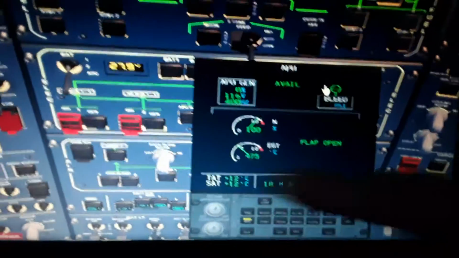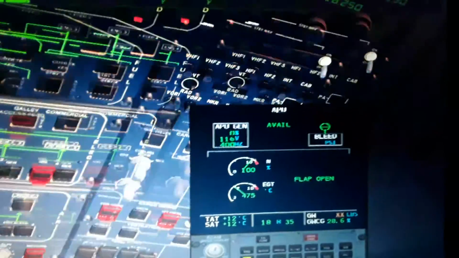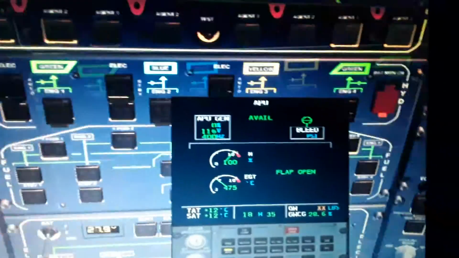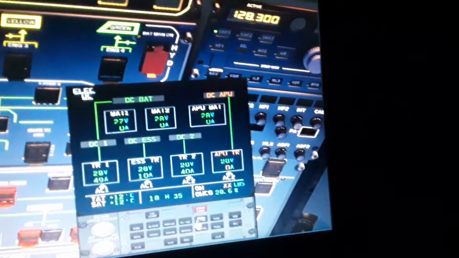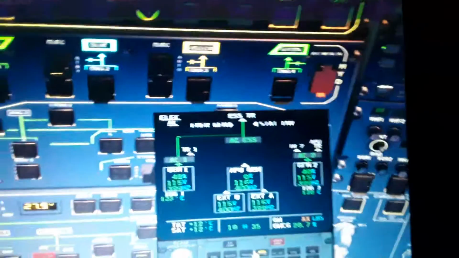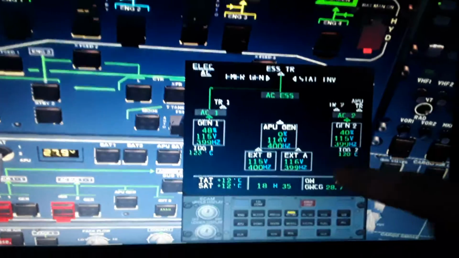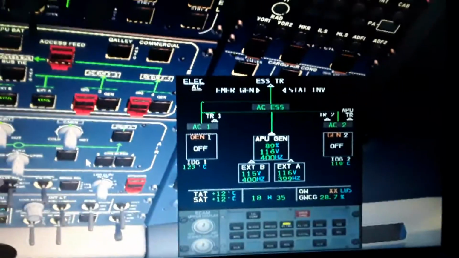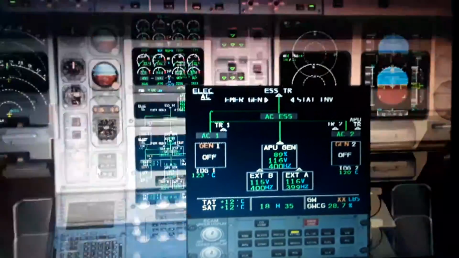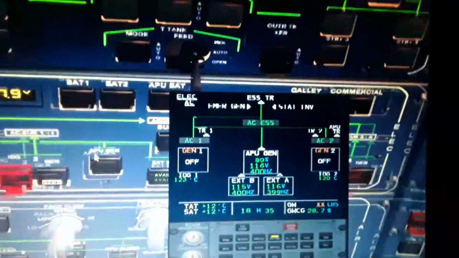What I mean is, here are the engine generators, the IDG, integrated drive generator, that produce electrical power. So if I turn them off right now, here I have the electric direct current and electric alternating current. Here we have it from the left wing, engine 1 and engine 2, and engine 3 and engine 4 from the right wing. If I turn these two off, I'm going to stop having electrical power from the engines, but we keep having electric power from the APU. So if I turn the APU generator off,